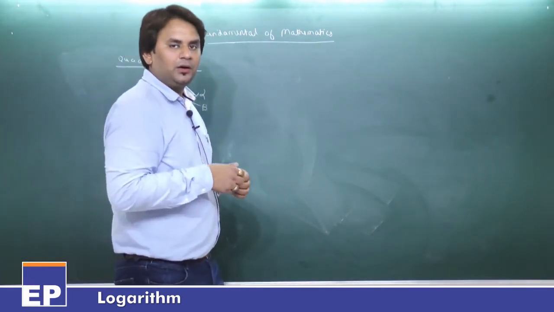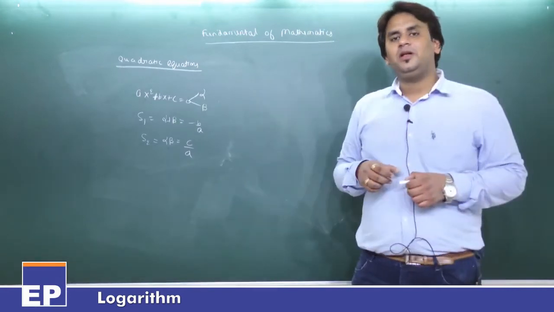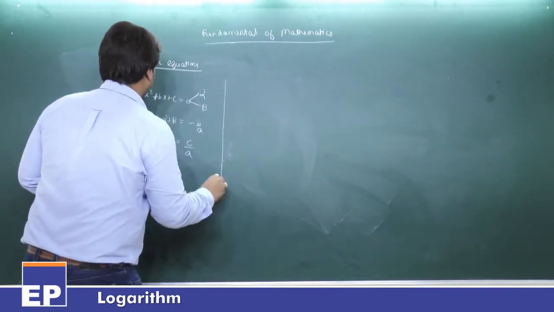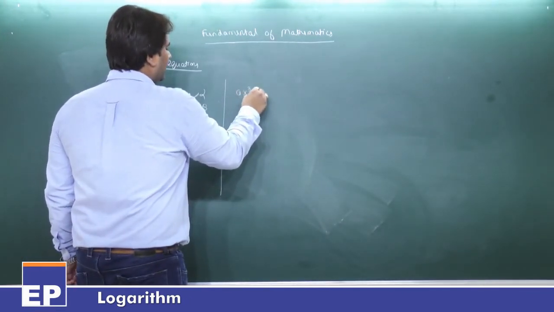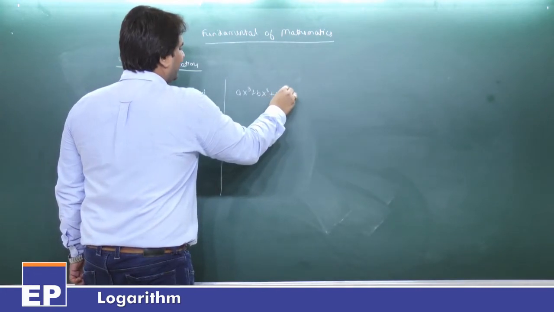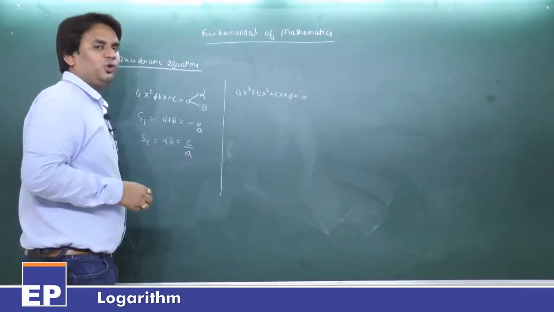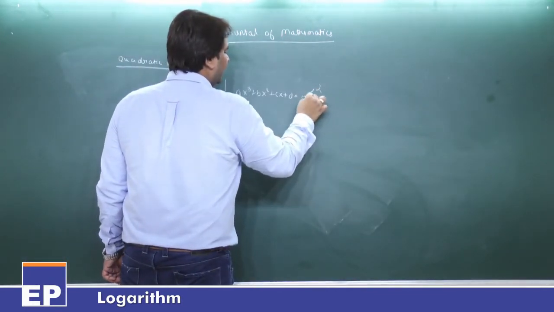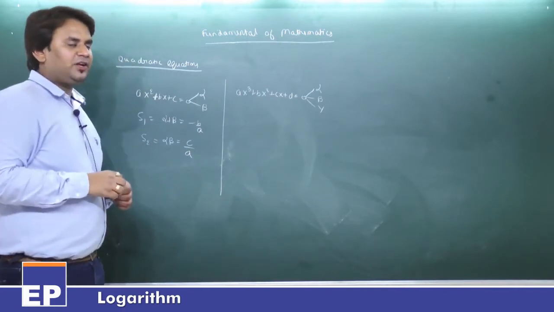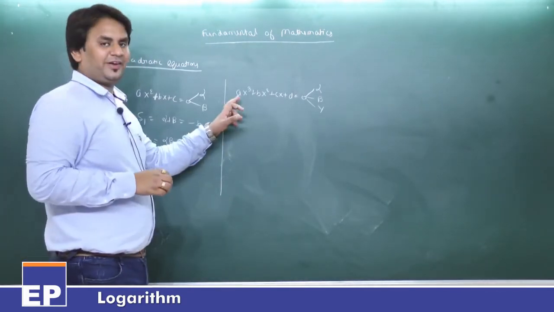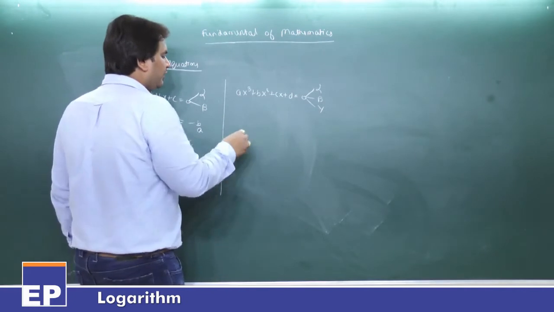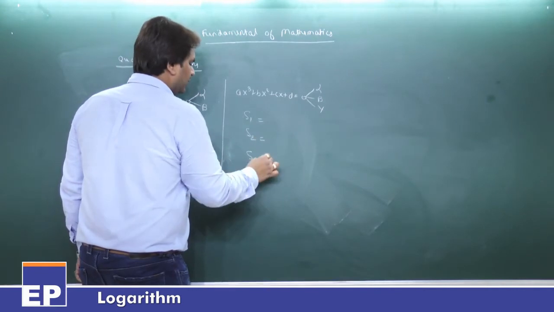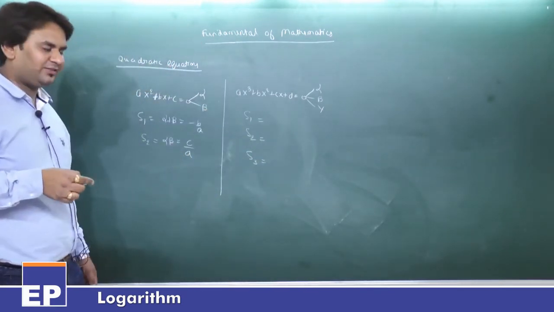If this quadratic polynomial converts into a cubic polynomial, then what will happen? It will become ax cube plus bx square plus cx plus d is equal to 0. So this is a cubic polynomial, which means it has 3 roots: alpha, beta and gamma, because the degree of x here is 3. Here we will define 3 things, S1, S2, S3. I will let you know the short trick to calculate S1, S2 and S3.